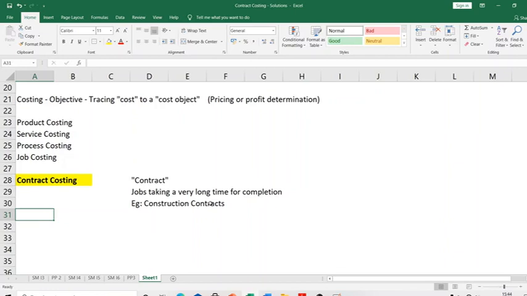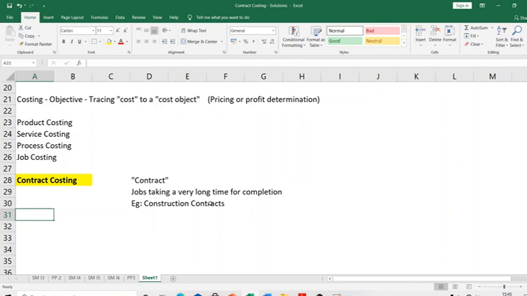Now, when did I start work? This year. When did I complete work? This year. When did I sell my work to the customer? This year. When did I collect sales? This year. When did I incur cost? This year. Everything happens this year. So there are not many things that we'll have to worry about. But I started construction this year. I incurred so much cost for the first year. At the end of the first year, the job is still work in progress. It is still going on. I have not sold it to my customer.